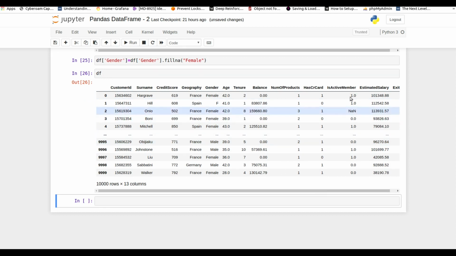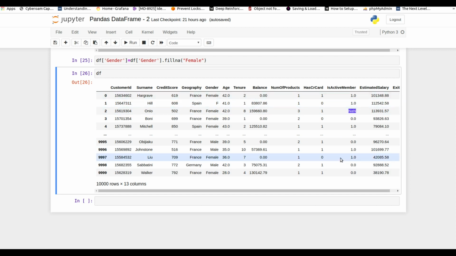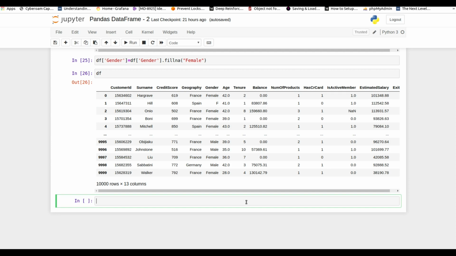This is active number is actually, if I show you my file, actually the CSV file, it's not actually float, it's integer, but due to this NaN value, the whole column is converted into float. So now what I will do here, I will fill this. I'm going to copy this.